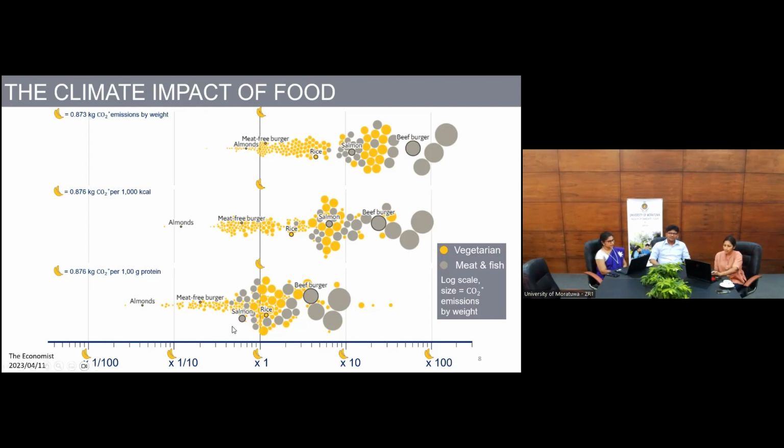So things like salmon become even less emitting than a banana, depending on the dimension from which you are looking at it. So I thought this was a very nice visual in the sense that it has so much in a single picture. We could probably write a whole page or 2 pages simply looking at this particular visual alone.